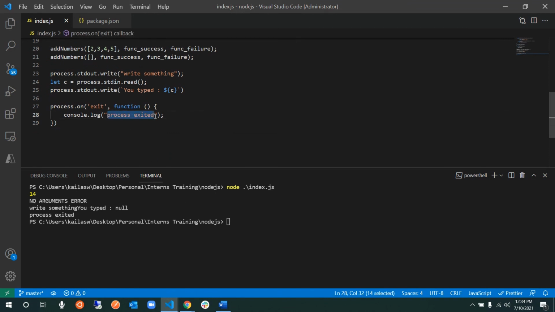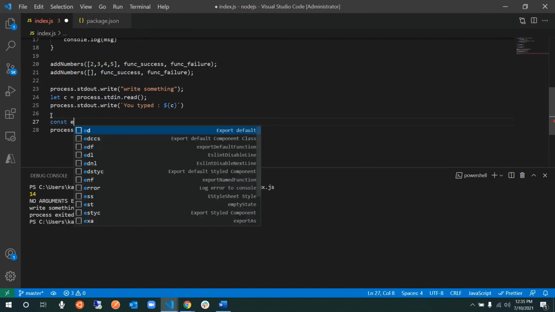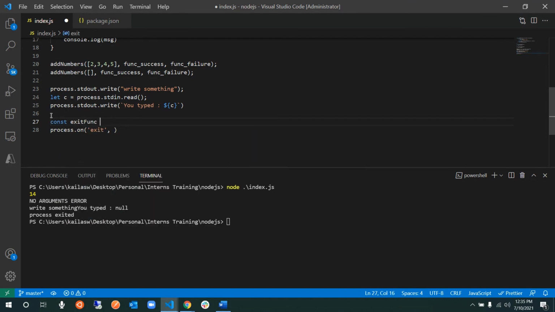Your second parameter is a function, so it will call back that function. That this is a callback function. That's what I have been telling you. So going forward, you'll just learn about callbacks. Instead, you can either have that in here, or you can assign it to exit func, and then you can say function this blah blah blah, and then call exit function here. Exactly the same thing.